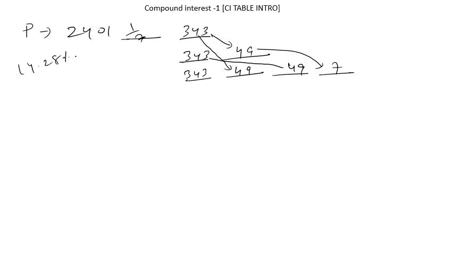Right, so let's find the CI for 4 years, although it's not asked in the question, but still I am just doing it for your clarity. 1 by 7 of the principal, that is 343. Now 1 by 7, 14.28%, or 1 by 7 of all the interests. First 1 by 7 of this, then 1 by 7 of this, then 1 by 7 of this. You can write it separately, but I am just writing to save the space. 1 by 7 of each of this is 49, and 3 times, so it is 49 into 3.